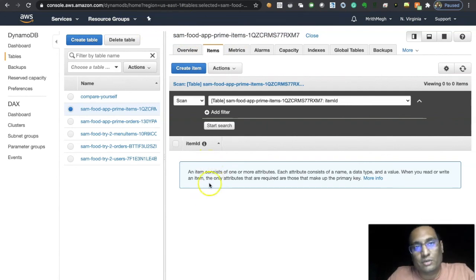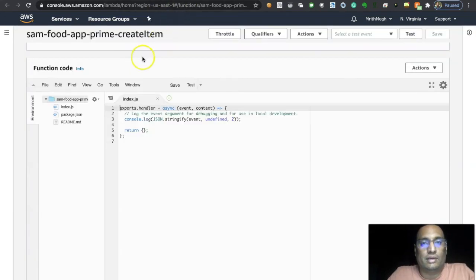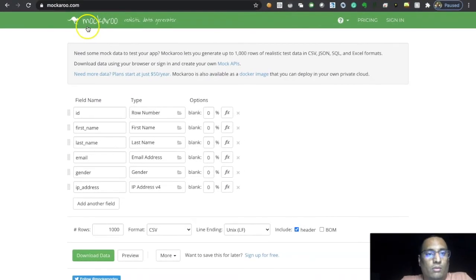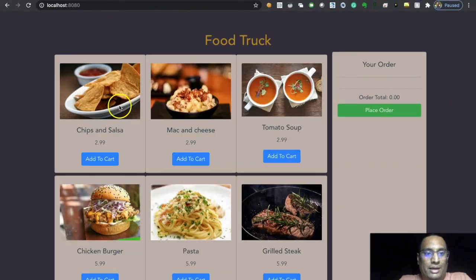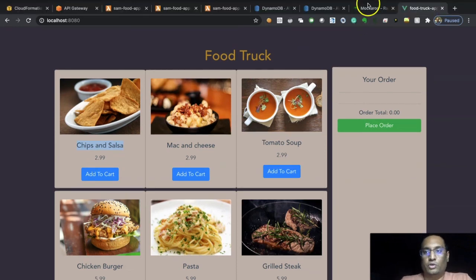Now let us go ahead and give life to the create item endpoint. Let's do that first. I want to show you how we can arrive at the sample message for creating an item. This is a wonderful site I use for generating test data, but you can use it here. We are going to give the job of creating the item ID to DynamoDB or the Lambda function. But looking at the UI, we need an image URL, an item name, and a price. These are the three fields a sample record should have.